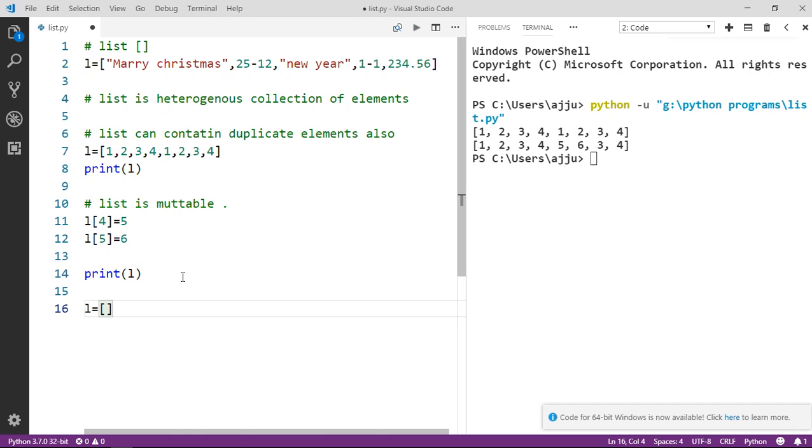Simply guys, we can make any kind of any-dimensional array with a list, like a single dimensional array 1 2 3. But sometimes I want to make a two-dimensional array. So how we can do it is simply like 1 comma 2 comma 3. And one more thing guys, this array is not only a home